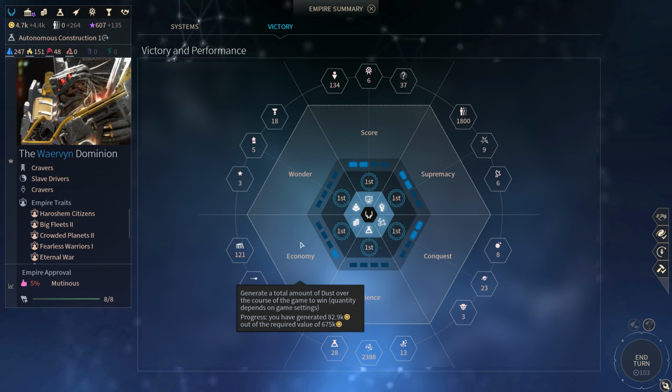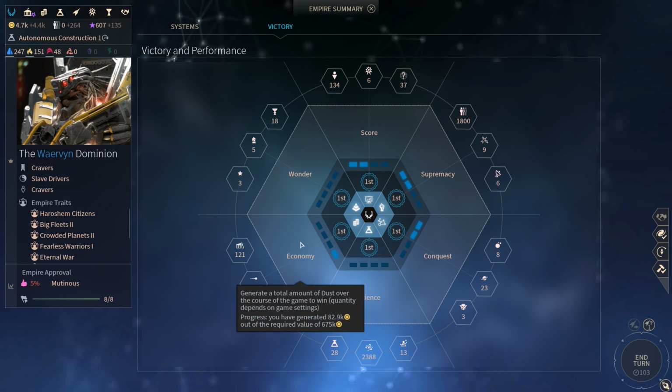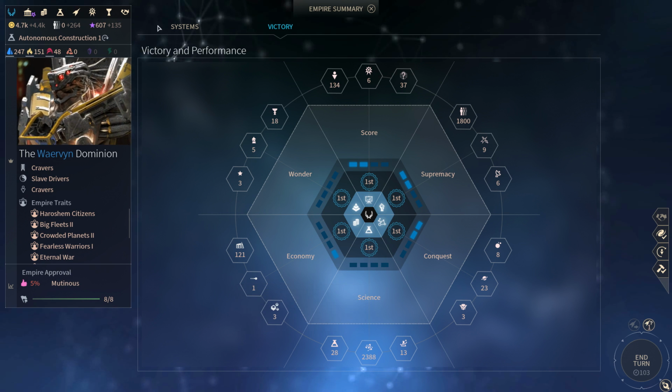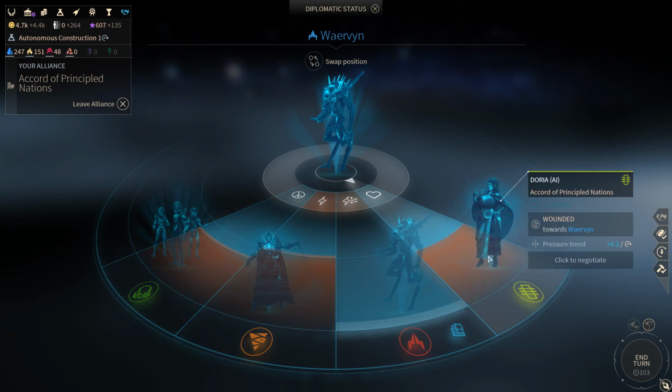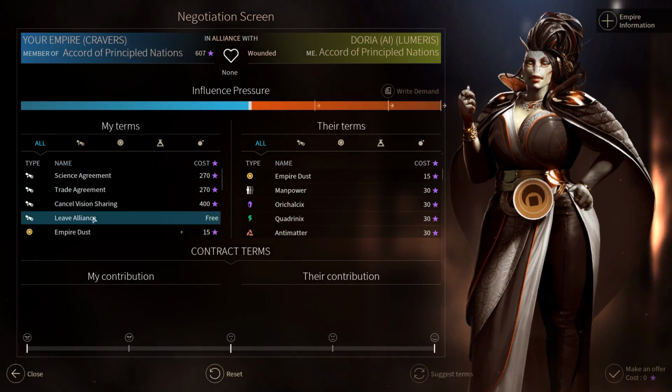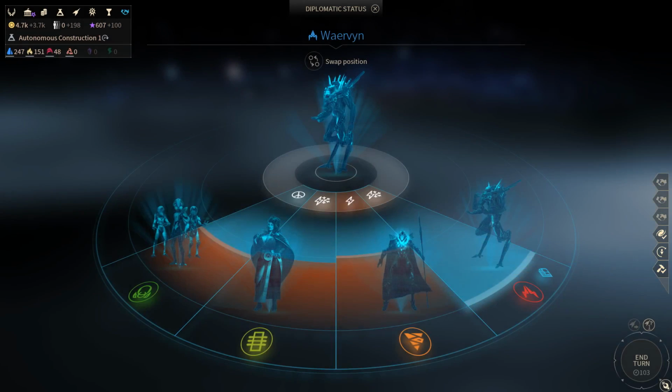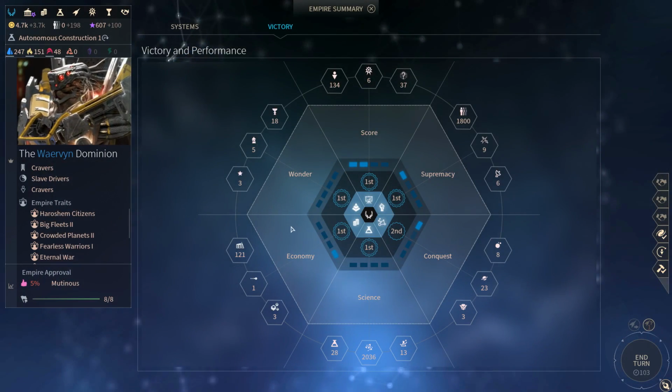But as you can see here, I now need 675k of money. That's actually the value because I am in an alliance. So if I actually go out of the alliance... Sorry, Lumeris. I'll have to go out of this. I bet you dumped. I'm sorry. Then you can see that I need